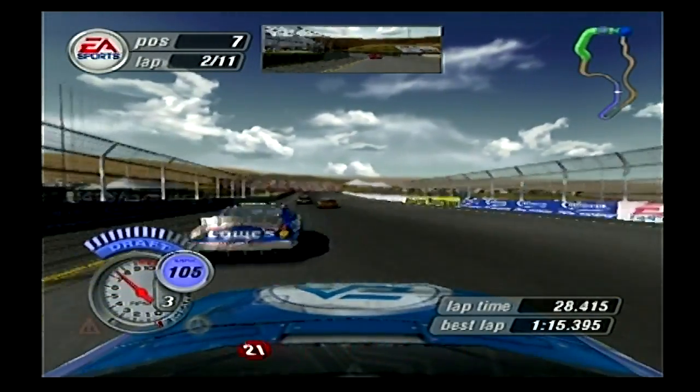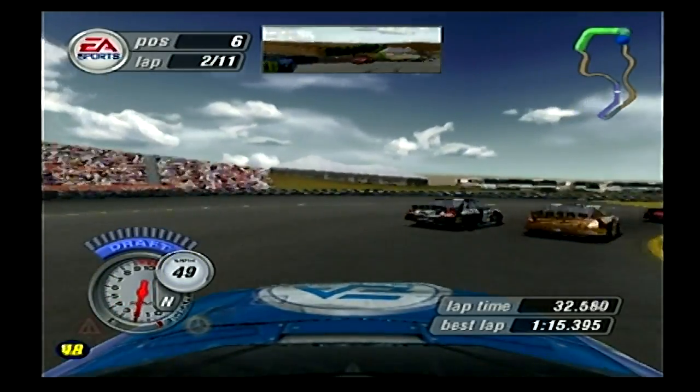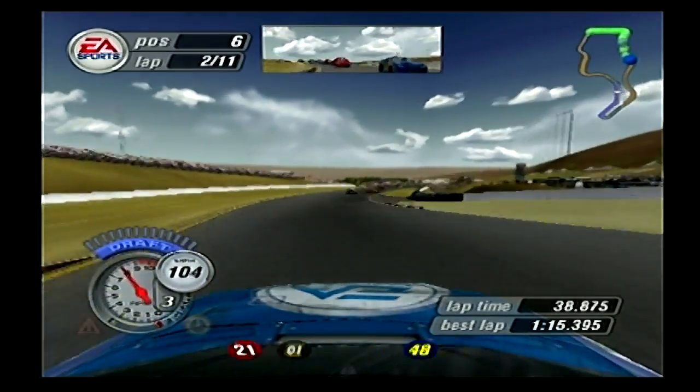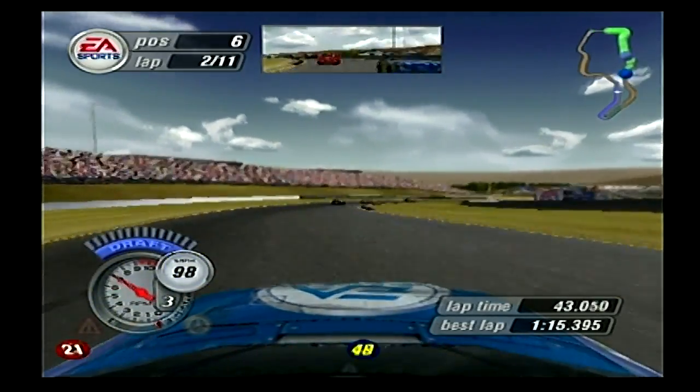And this should be a good passing opportunity on the inside of Jimmy Johnson. Brake. Shift down. Come on. I really wish I could be using manual shifting right now, but just because I want to make sure I hit all my marks, I'm using automatic, and sometimes it won't shift into the gear that I want it to,